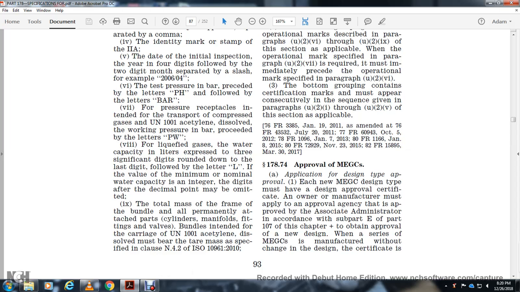178.74 Approval of MEGC application design type approval. Each MEGC design type must have a design approval certificate. The owner or manufacturer must apply to the approval agency, with the associated administrator's approval, in accordance with subpart E of part 107 of this chapter, to obtain approval of a new design with a series of the MEGC manufacturer